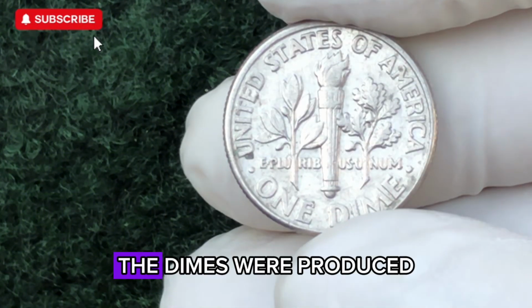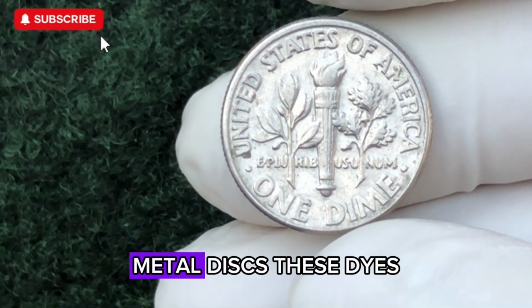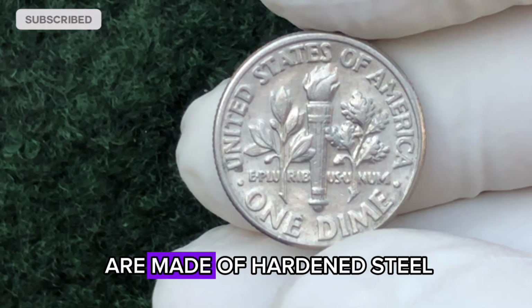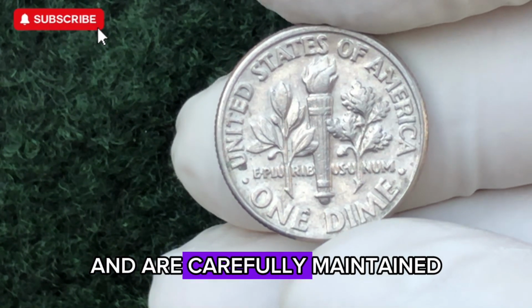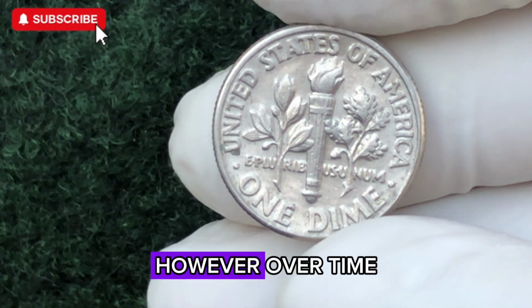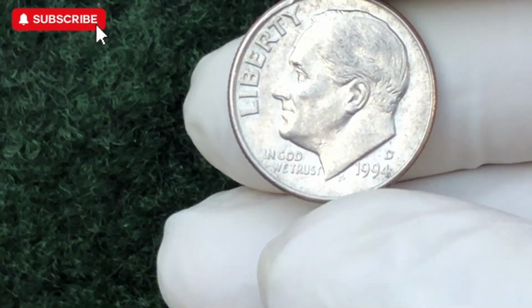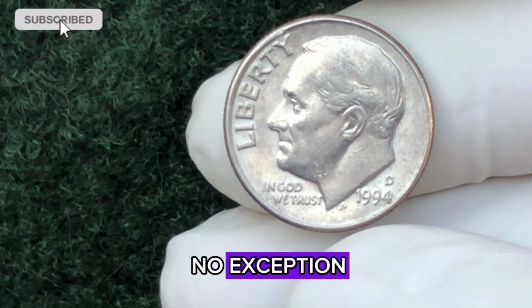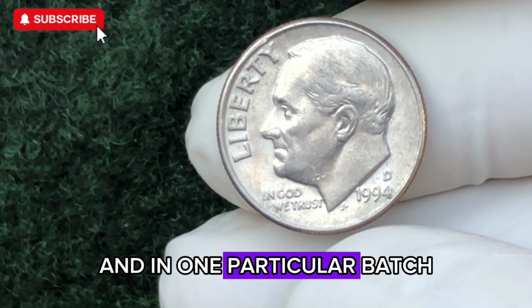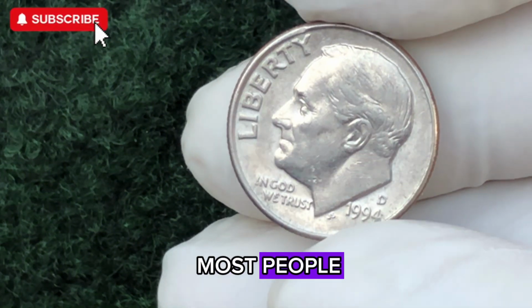Mint, the dimes were produced using dies that imprint the design onto the blank metal discs. These dies are made of hardened steel and are carefully maintained to ensure that each coin is struck cleanly. However, over time, dies can experience wear and tear. The 1994 dime was no exception, and in one particular batch, an error occurred that would go unnoticed by most people. This error would